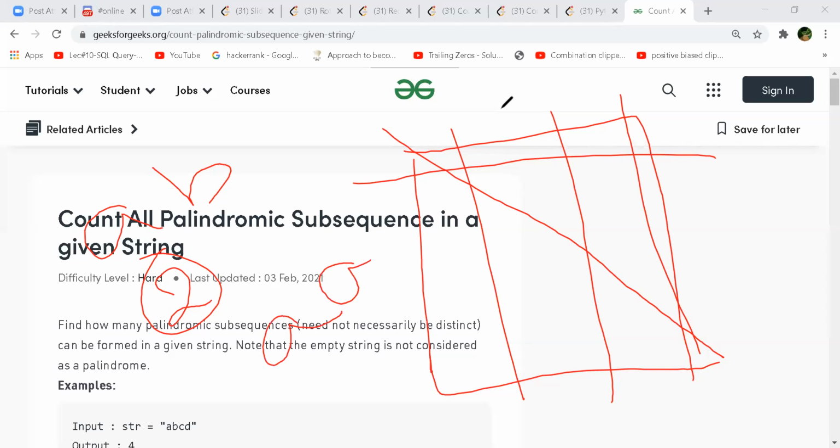Okay, let's run through an example where we can have palindromic substrings, and then let's apply this method only, and then see where it is failing, and let's improve on that.